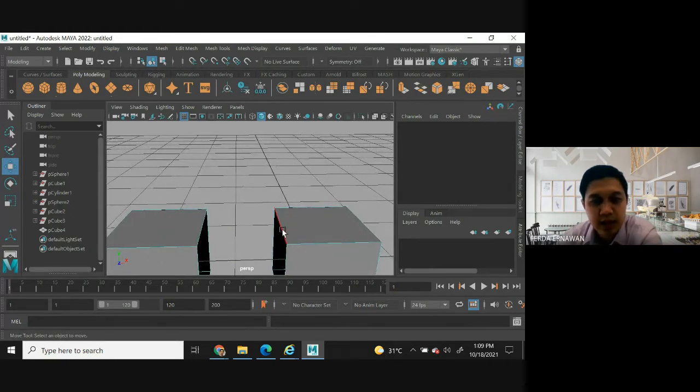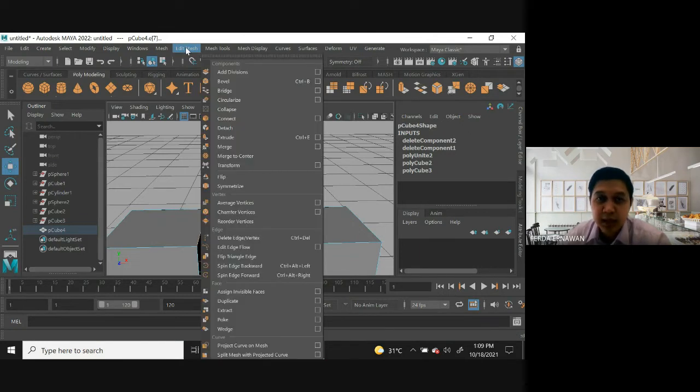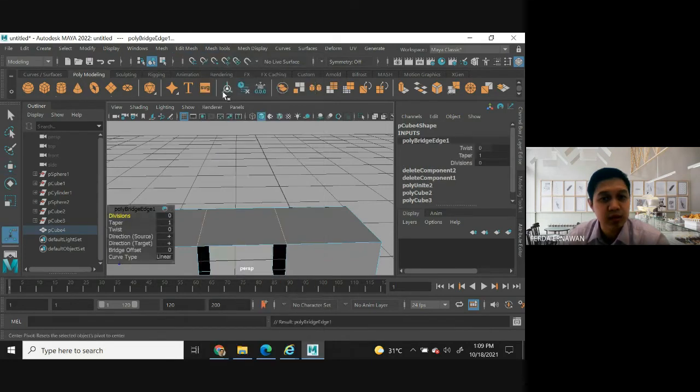I select these edges, and then press Shift. Click this one, edges. So you can see two edges become yellow like this. Select Edit Mesh and choose Bridge. So you can see the division 0, taper 1, twist 0, and so on. Now you create the bridge.